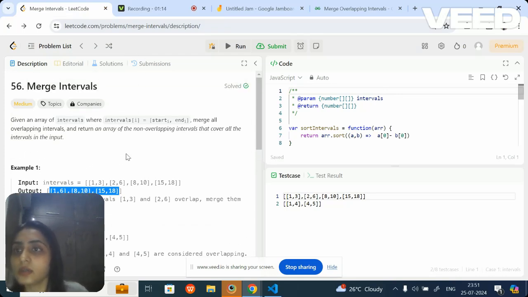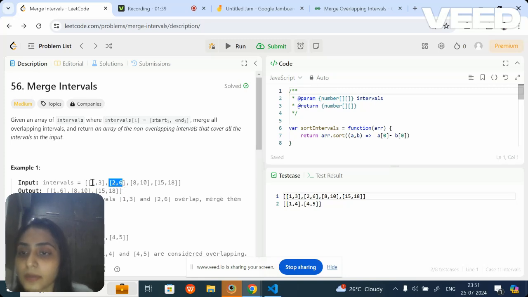So this is the actual merge intervals question. What they have given in the input is a pair of arrays. The input is 1, 3, 2, 6, 8, 10, 15, 18. Every array over here is nothing but an interval.